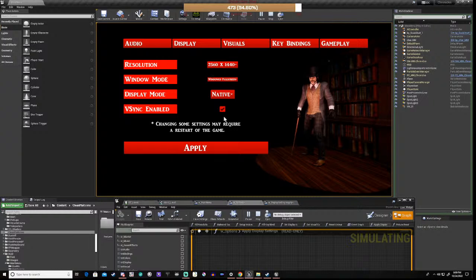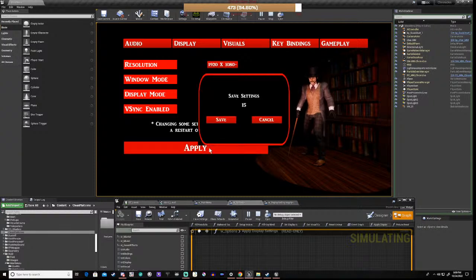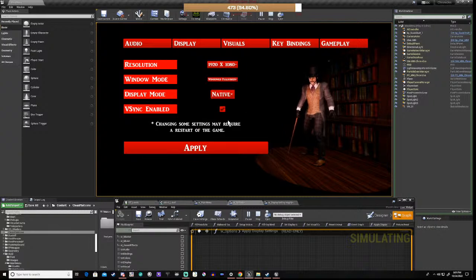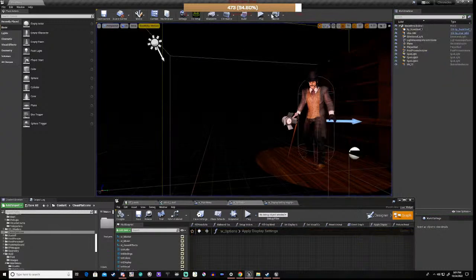So if we actually change any of these, it's going to basically save everything. Right, so we've set it to 1920 by 1080. Okay. Now, when we go back in, it should be